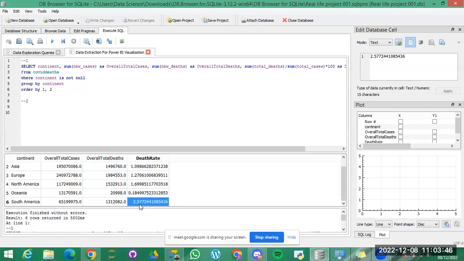So this query, this project can actually give you an insight on a country's or a continent's access to medical facilities. Okay, so let's continue. So the next thing we want to look at is